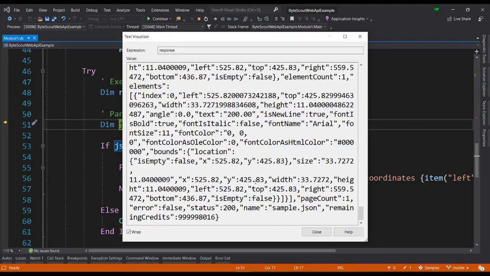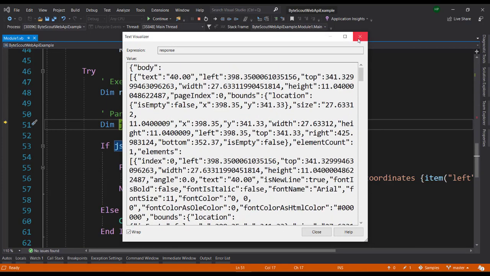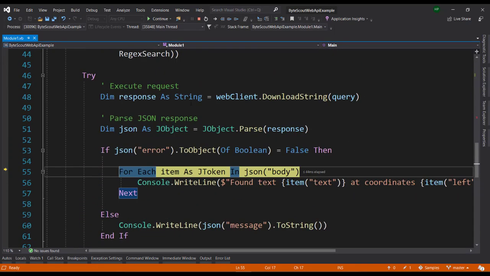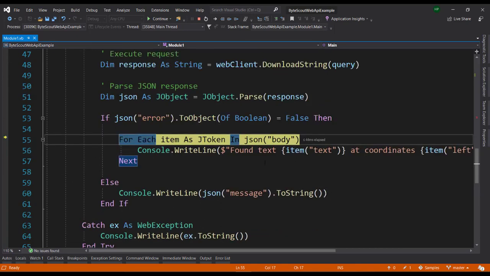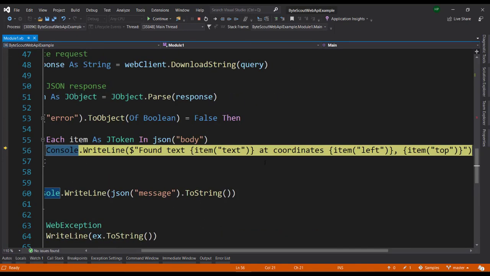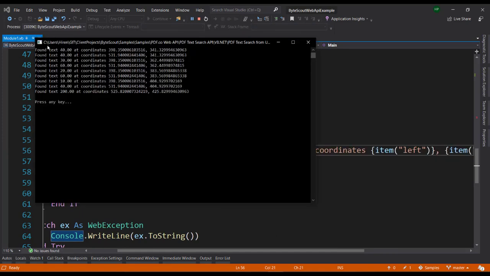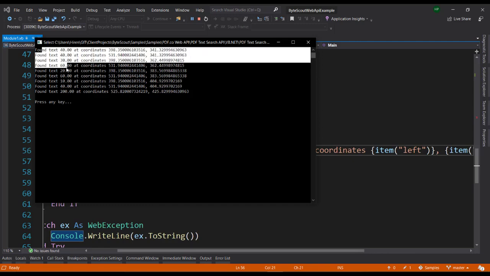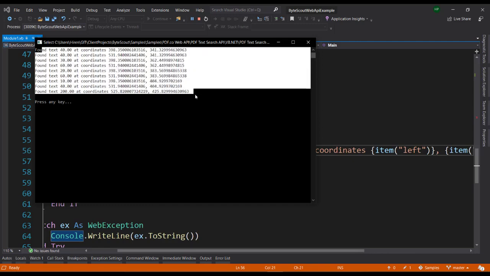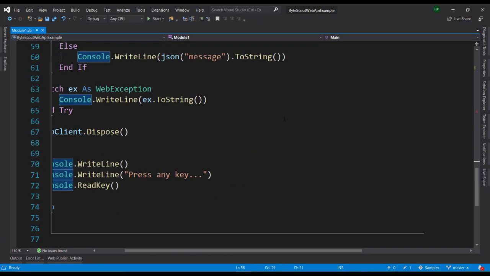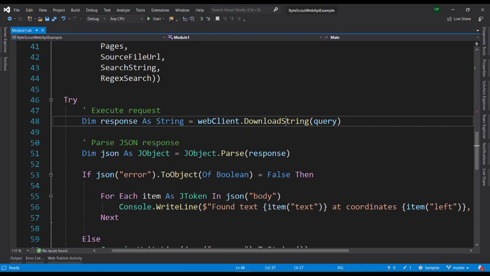So it has got all the numbers with their coordinates, and we are passing it to JSON here, and we will display all the numbers with their coordinates. So let us see the output. Here it is. So it has found a total of 1, 2, 3, 4, 5, 6, 7, 8, 9 numbers within these coordinates. So it's that easy to find any text using the text directly or with the regex using the